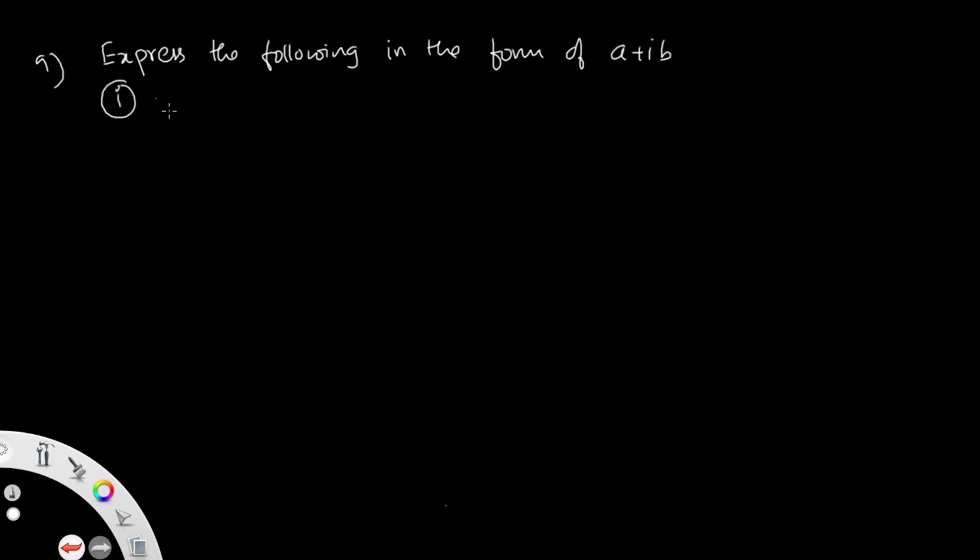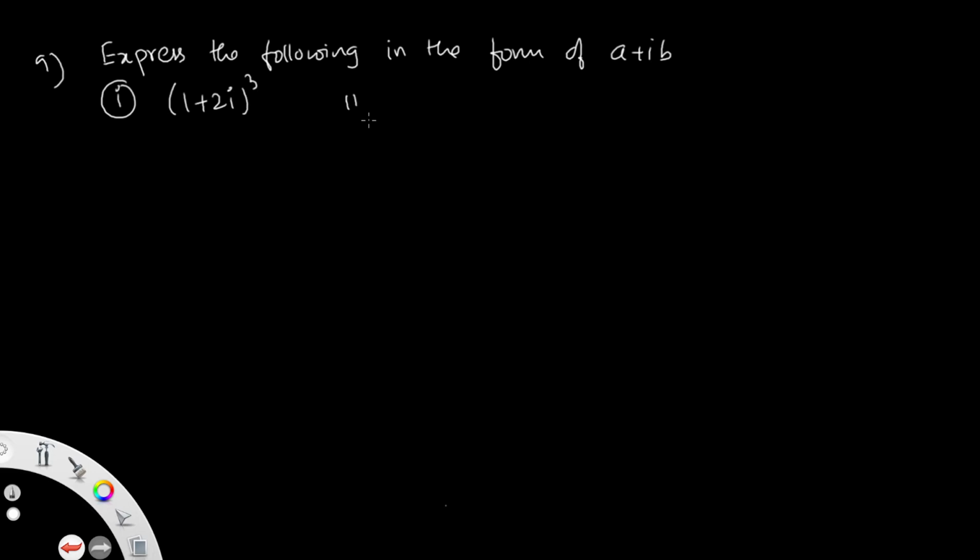Question number 9. Express the following in the form of a plus ib. The first question is (1 plus 2i) whole cube,